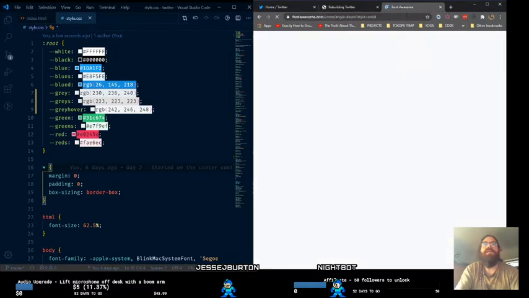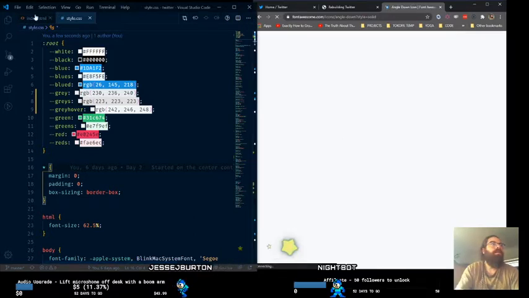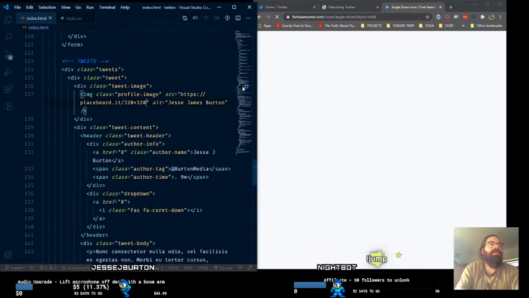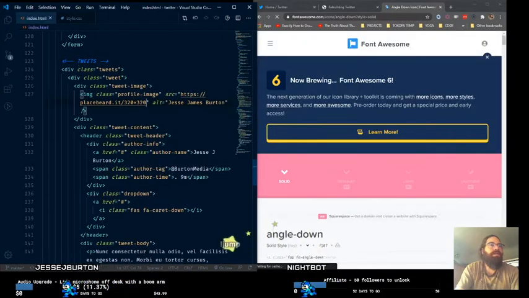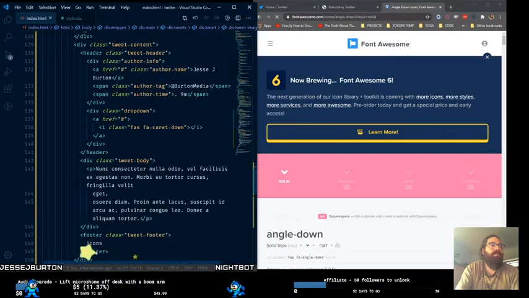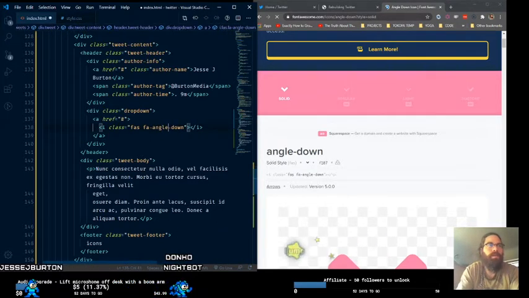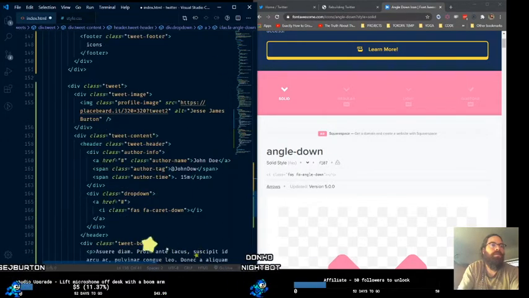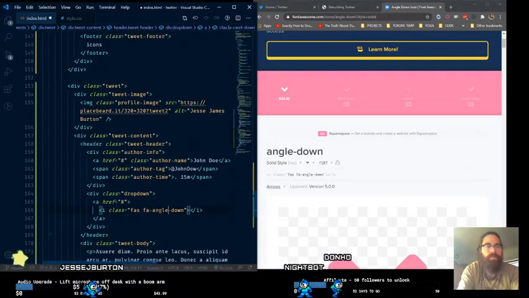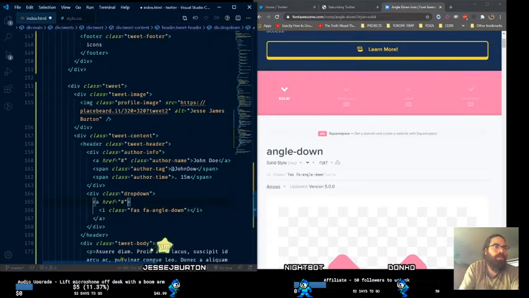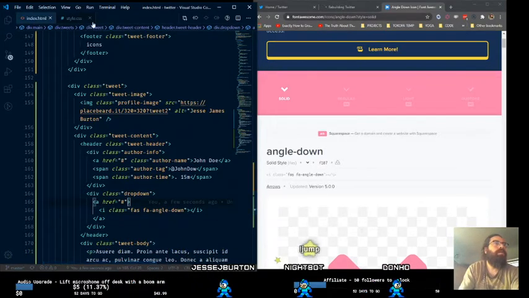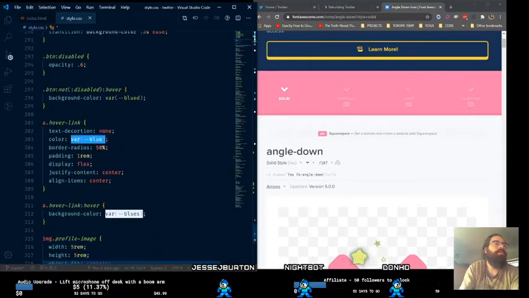So let me see, what did I use? Yeah, I used a solid caret, so I'm gonna go with caret down. And so that is in the tweet itself. We have this caret down, so I need to change that to angle down. Angle down. And the other one here too. Angle down. And it is an anchor, and I believe that I made a class for